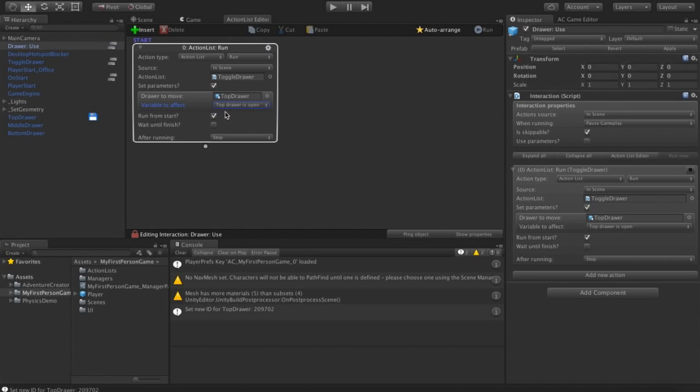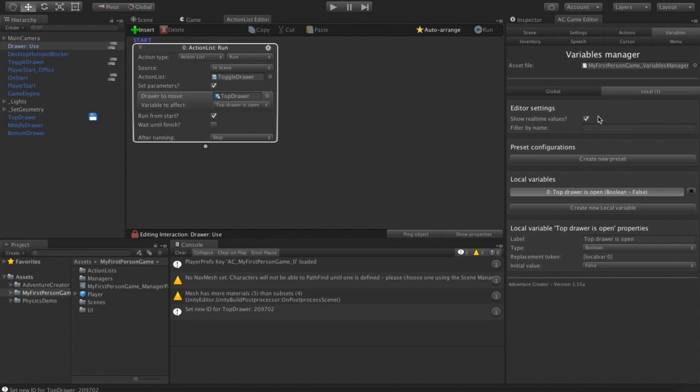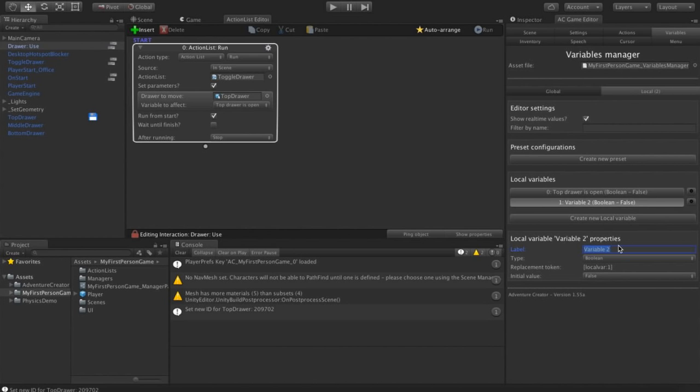Now before I go any further, I'm going to have to create local variables for my two other draws. So I'll go to AC Game Editor, local, and create a new variable. This one is middle draw is open. Actually, I'll name this something else. I'll name this draw slash middle is open, and you'll see why in a moment.